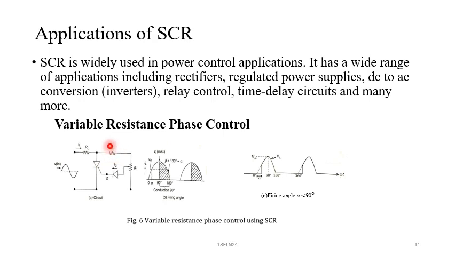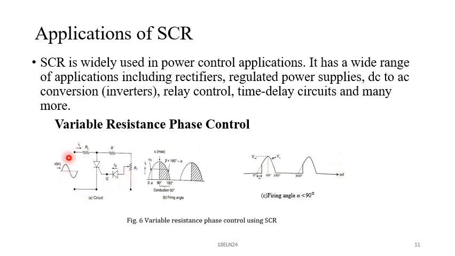Now, to control the phase angle, I used three components here. The two resistances R and R1 are mainly used to limit the flow of gate current. One is a fixed resistance, the other one is a variable resistance. And one more is a diode, and it is mainly used to limit the flow of reverse gate current, because you know that in a diode, when it is forward biased, there is a flow of current. When it is reverse biased, no current, so the diode is in the open state. So it limits the flow of reverse current.